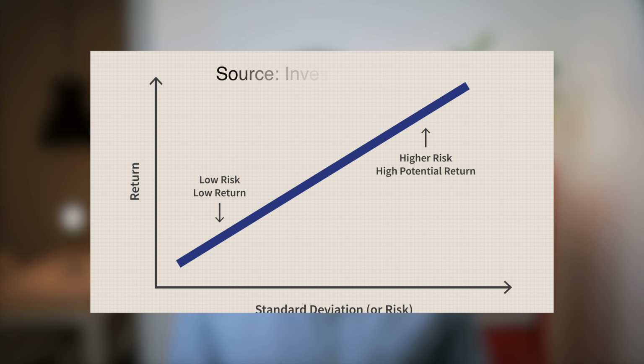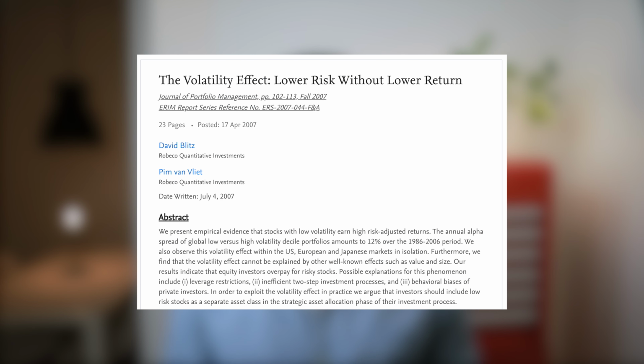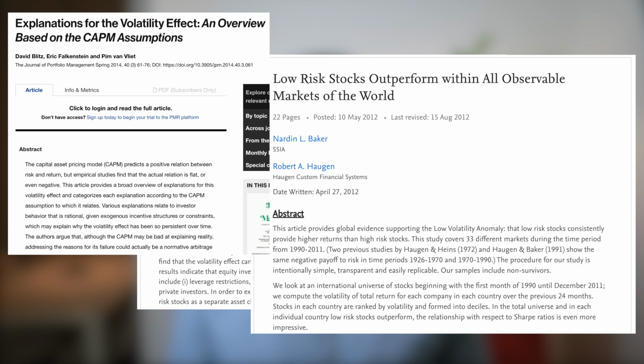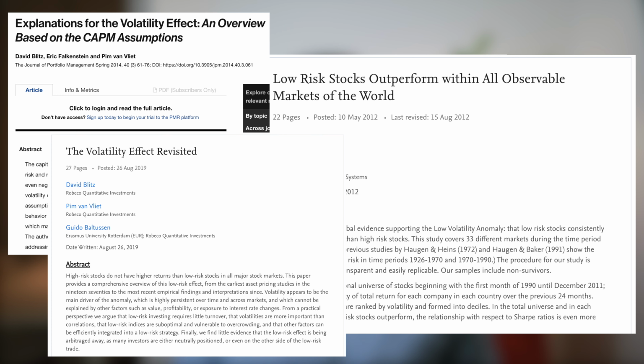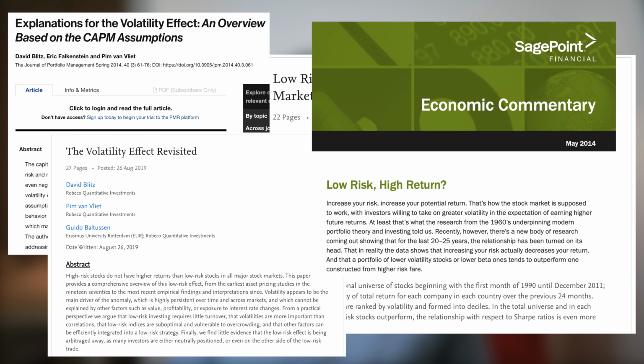Traditional wisdom, and specifically the capital asset pricing model or CAPM, maintains that there should be a positive relationship between stock risk and return. That is, over sufficiently long investing horizons, more risk should provide the potential for more reward. It should follow that higher volatility stocks should provide higher returns, but empirical evidence has shown the relationship to be largely flat and sometimes even negative. This is known as the low volatility anomaly.